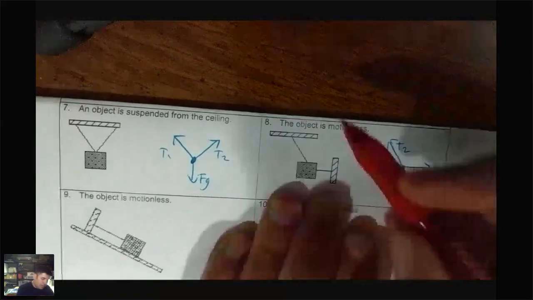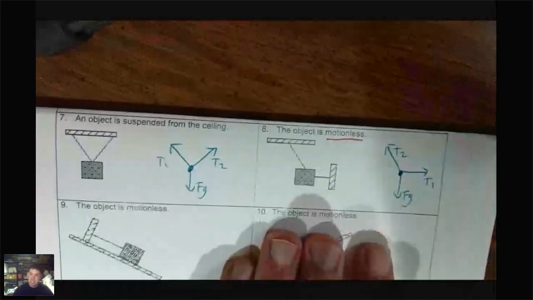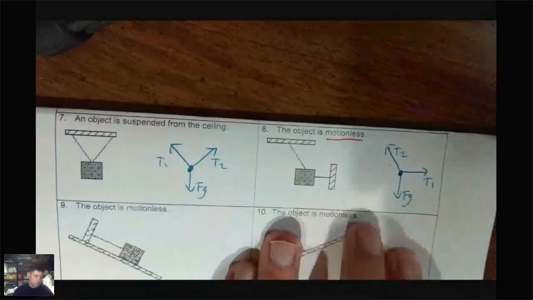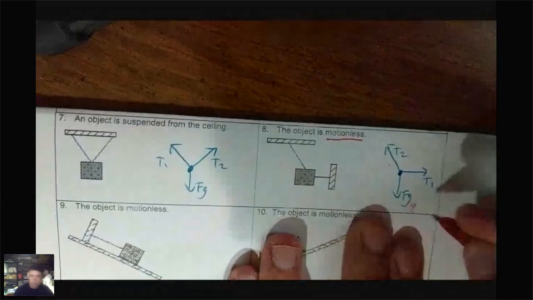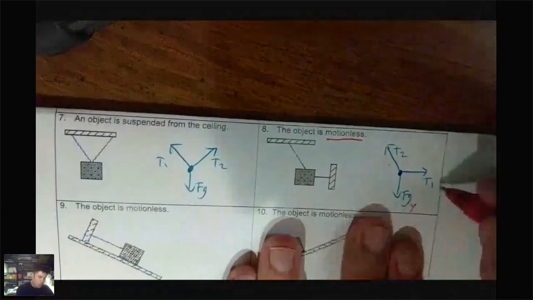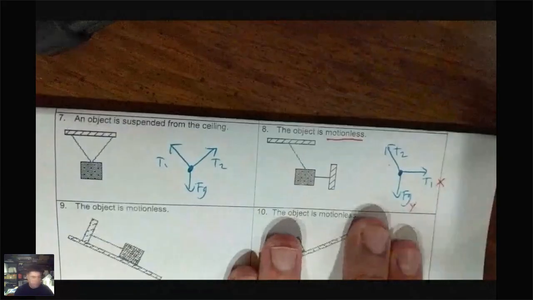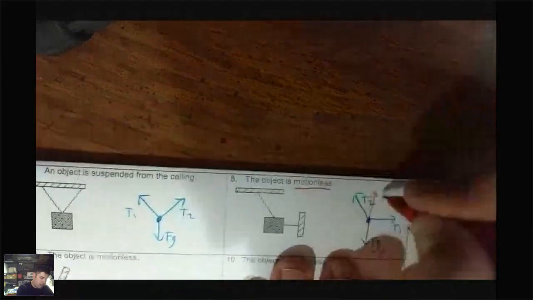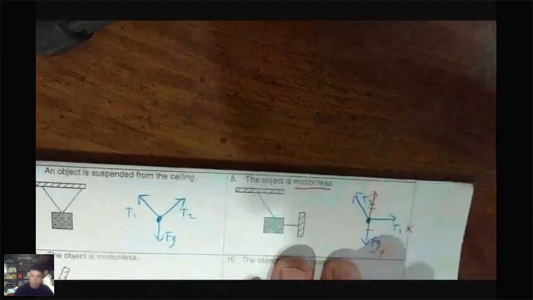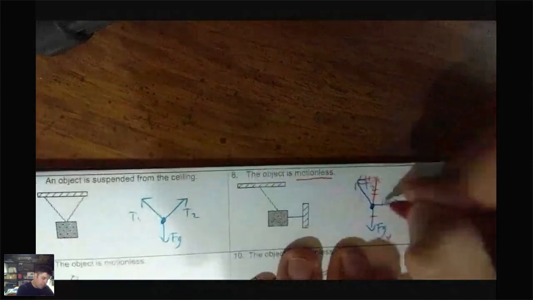First thing is, I know this is motionless, which means I know that the up and down forces must cancel each other out, and the left and right forces must cancel each other out. The force of gravity only pulls down. This is only a vertical force. T1 is only a horizontal force. But T2 pulls at an angle. It pulls vertically enough to cancel out the force of gravity, and it pulls horizontally enough to cancel out the